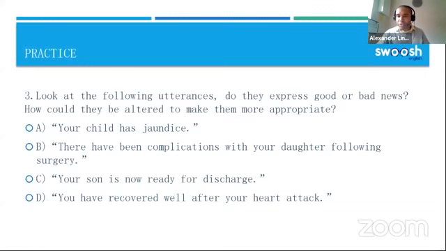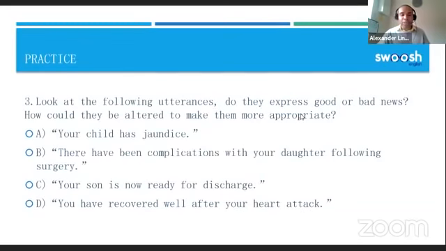Good. Okay, and for C, Lois is saying, good news, I'm happy to inform you that you have been discharged, or in this case, it's the son. So I'm happy to inform you that your son is ready to go home. One of the most important things for any parent is for their young children to be able to be safe at home with them. So saying that your son now is able to go home would be a really nice way of expressing this.